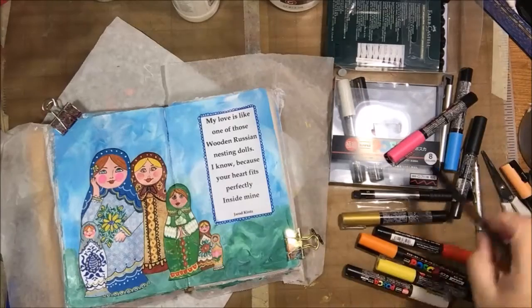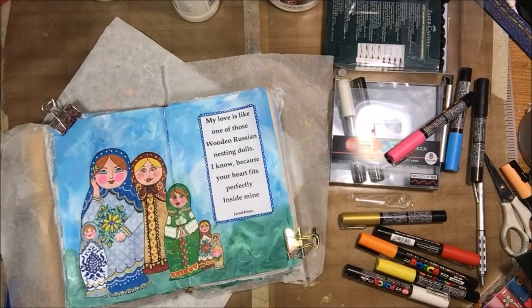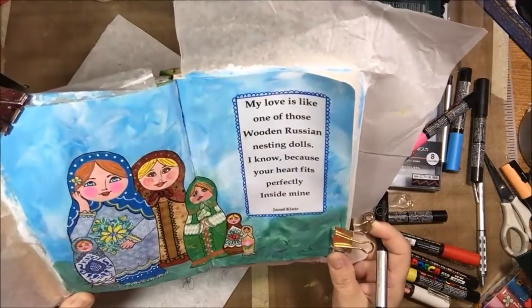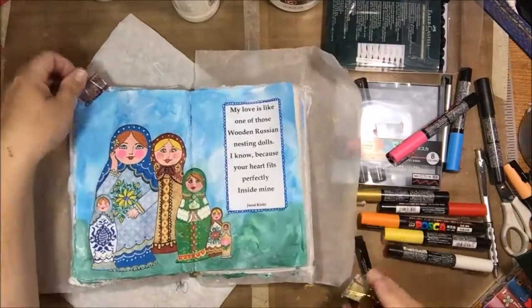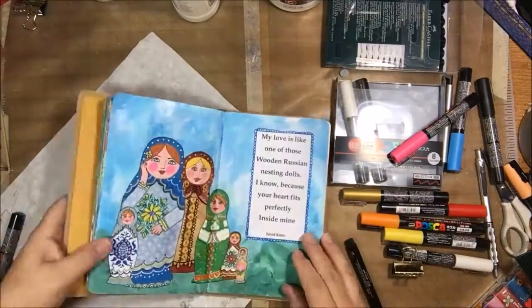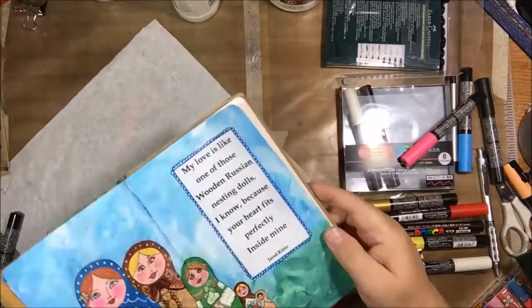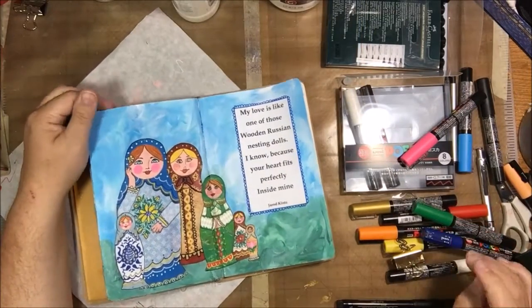And then I still thought it needed something, and I looked at it for a while, looked at it some more, took off the clips, took out the protection paper, and then I decided it needed a border around the whole page. So I just used my